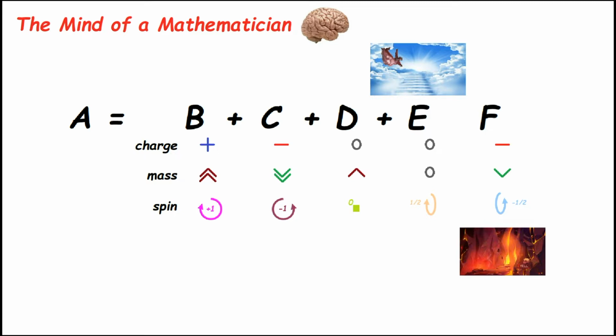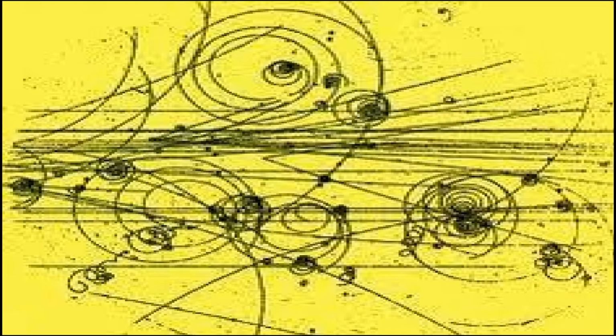Okay, but then comes the issue of proof. You've got to prove whether this particle really exists or whether it's just a mathematical contraption. Is this just mathematical hocus pocus, or is this some real thing that's inside the atom? And so for that, they have to go to the lab, and this is when they start colliding particles, or so they think. This is what they think they're doing.